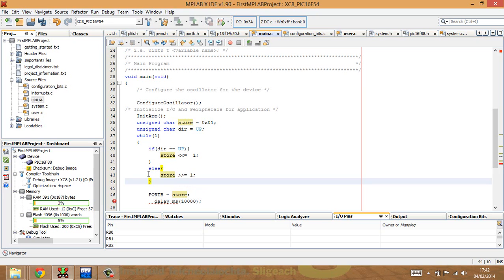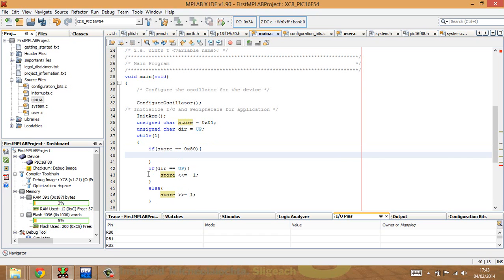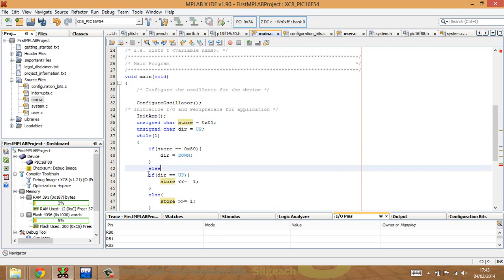Now, the next problem that we obviously have to deal with is we have to be able to see if we've reached the end, right? Now, we don't want to do this until it comes back into the function, so I'm going to do them up here. So if store is equal to 0x80, in that particular case, what I want to do is set the direction to down. Okay. Else,